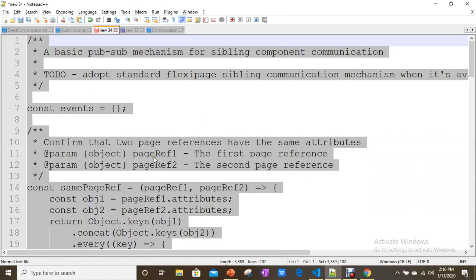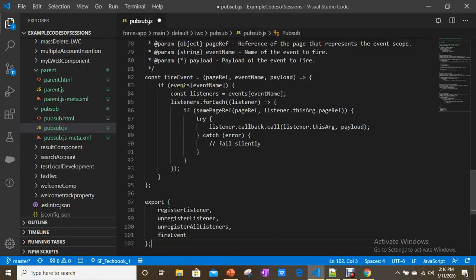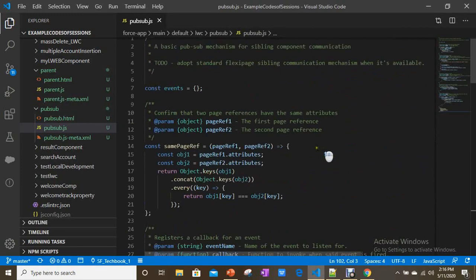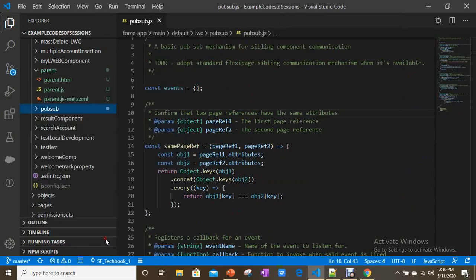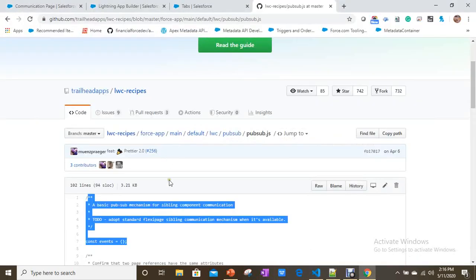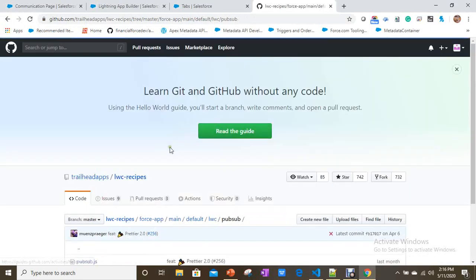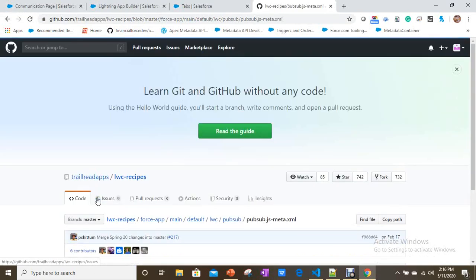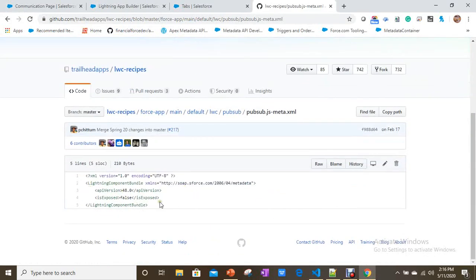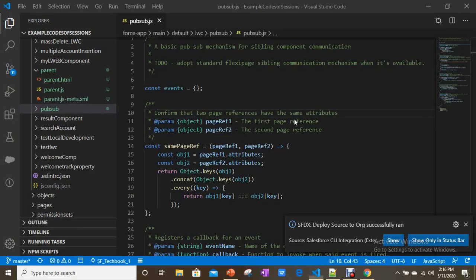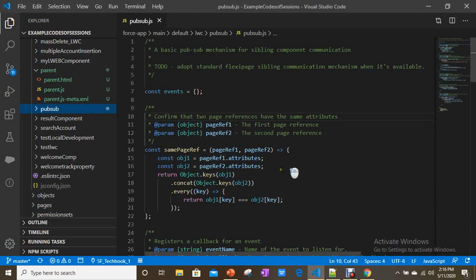And this is the JavaScript code from LWC recipes, and saving. So let's see if we have anything in the meta file. We don't have anything, it is false only. Now we have successfully done PubSub.